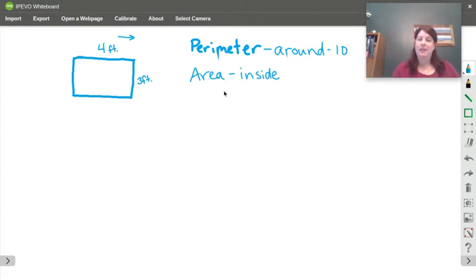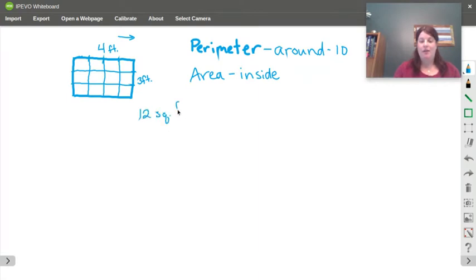Area is a little bit different. It's going in 2 dimensions. It's going length and also width or height. So on this rectangle, let's imagine our feet marks. This is 4 feet long, 1, 2, 3, 4, and this is 3 feet high, 1, 2, 3 feet high. So let's extend these lines, forgive that I can't make a straight line. Now we've divided up our shape into these squares. Each of these squares represents 1 square foot. So in this shape, there are 12: 1, 2, 3, 4, 5, 6, 7, 8, 9, 10, 11, 12